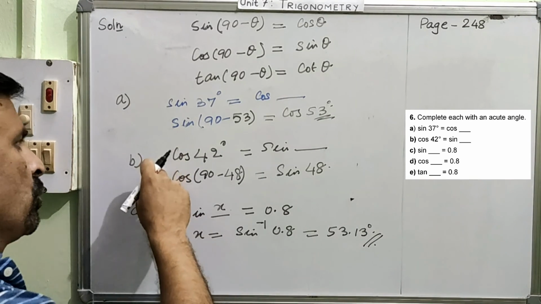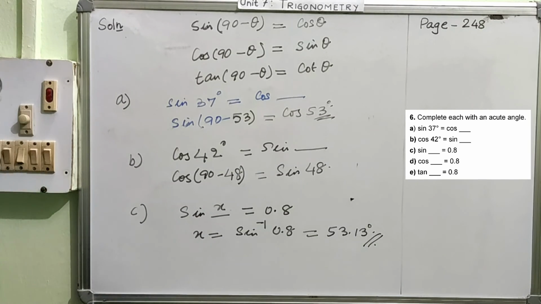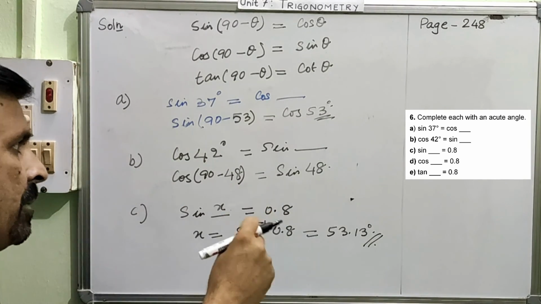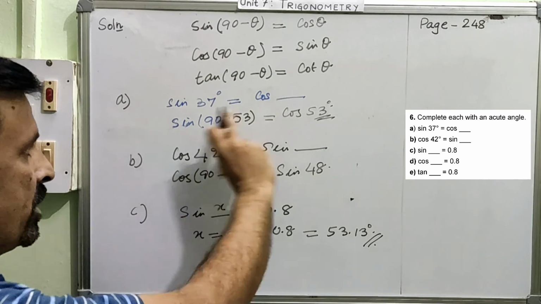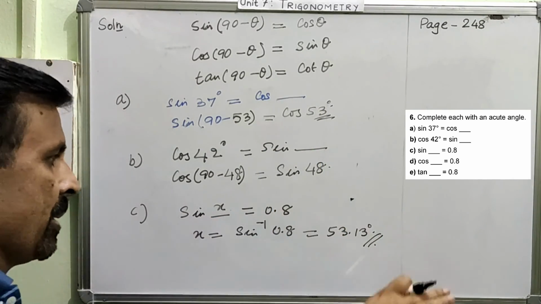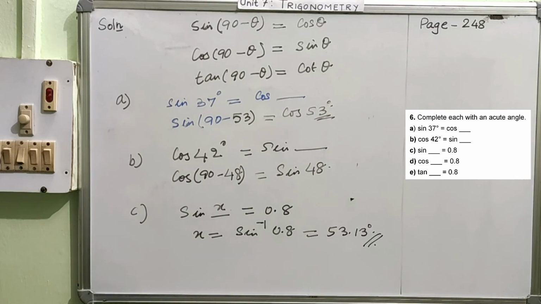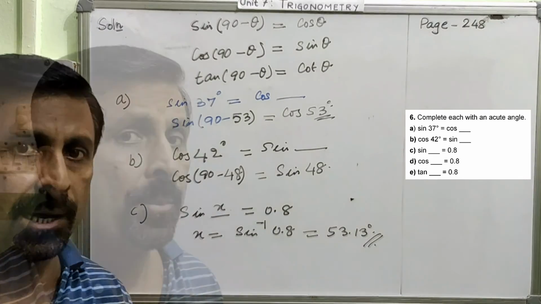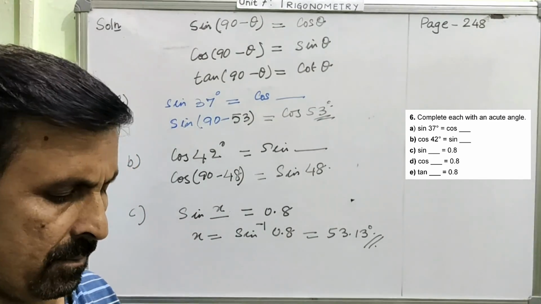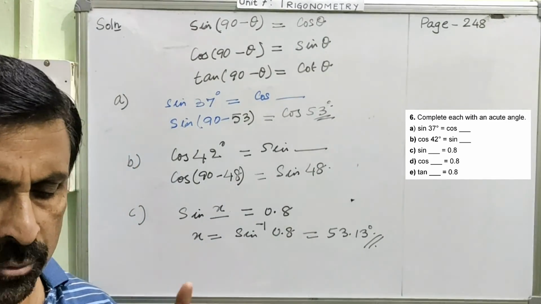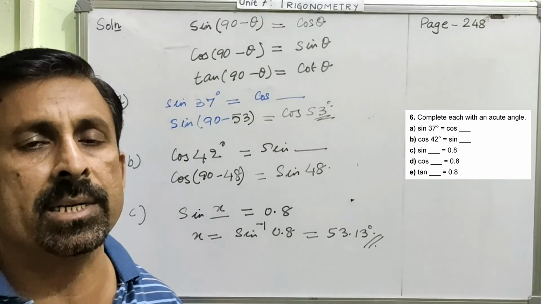So these are the two questions for which you can repeat this portion of the video and then you can understand the full concept so that you don't have any problem. This is a simple thing, which we have done before also. And then C and D will be your assignment. Clear? With this, we are ending the session here. I'm leaving question number 7 and question number 8 for you to do as assignment.